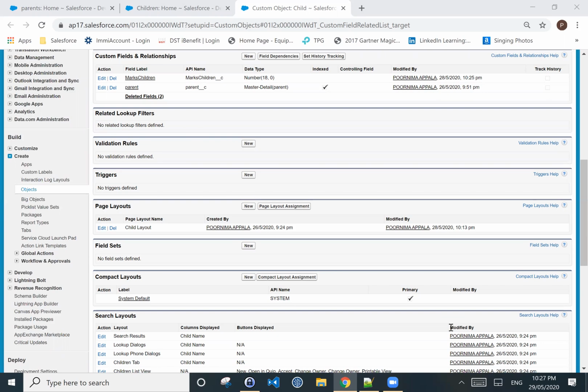Lookup relationships do not bind the children to adopt whatever we have. They do not force you to always enter the parent. If the parent dies, the children will still survive. If you delete the parent in a lookup relationship, the child will not get deleted; it will still be available. So we have to remember such differences in our mind.